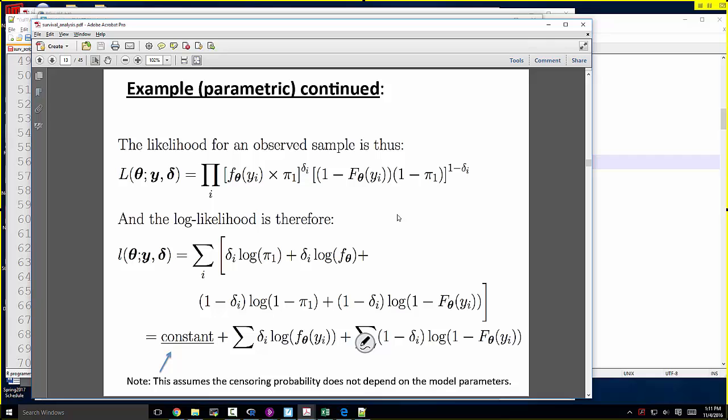And there are different contributions depending on whether it was an uncensored or a censored individual. Uncensored individuals will have delta equal to 1. So we have two pieces. We have something raised to delta, and we have something else raised to 1 minus delta. When delta is 1, the first piece turns on, and the second piece turns off. As in, the second piece becomes something raised to 0, or just 1. So for an uncensored observation, what that top expression looks like is just